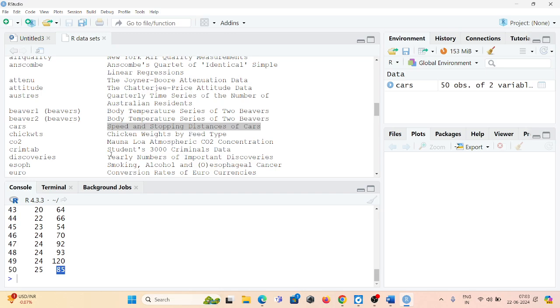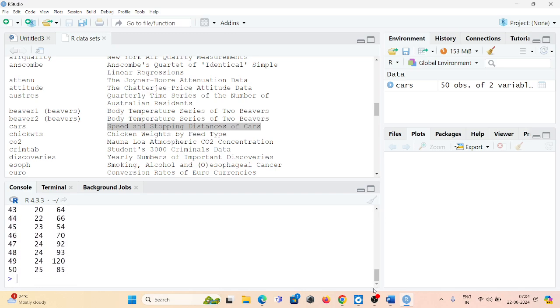Okay. Next, I need a particular column in the data set. The data set I am interested in is the cars data set, and I need a particular column or variable. As displayed, the cars data set has two variables, speed and distance. I am interested in a particular variable in this data set, so I have to use the dollar symbol along with the variable name or column name to get the values of that column.